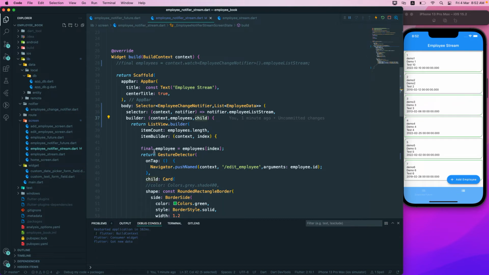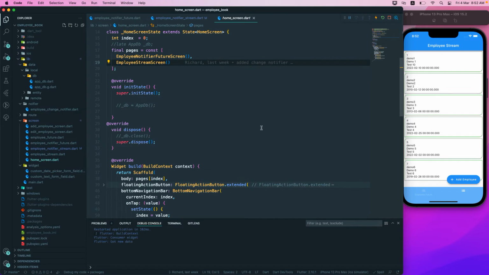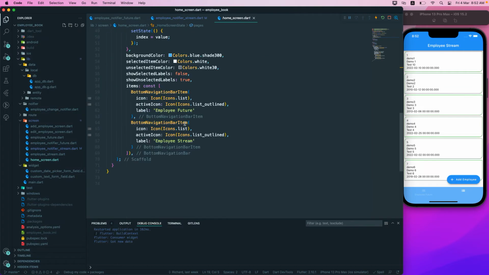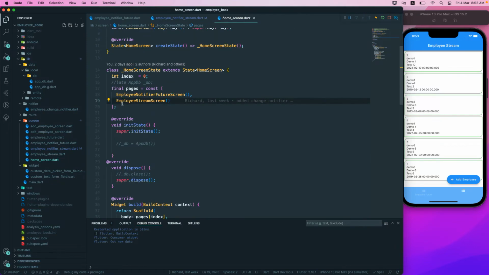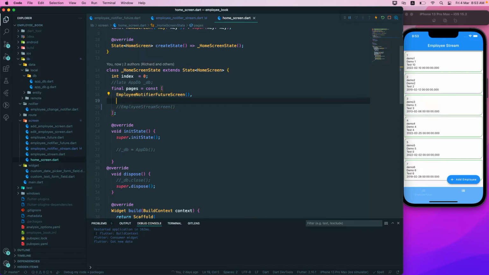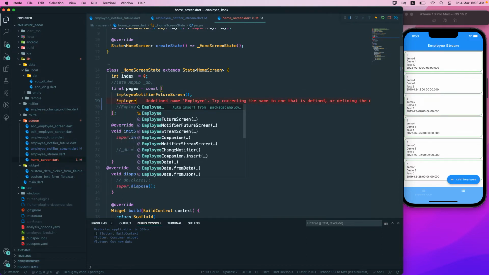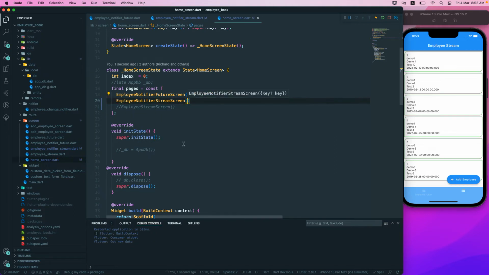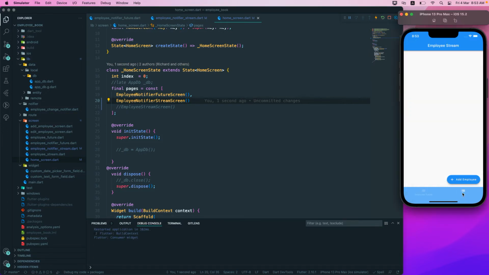So how we can replace that one is we'll go to the home screen, and in the home screen on the bottom navigation, right? So we need to change over here. So the bottom navigation, okay, so we need to replace it here. That will be of the employee notify stream screen, right? So if I go and rerun my application, okay,